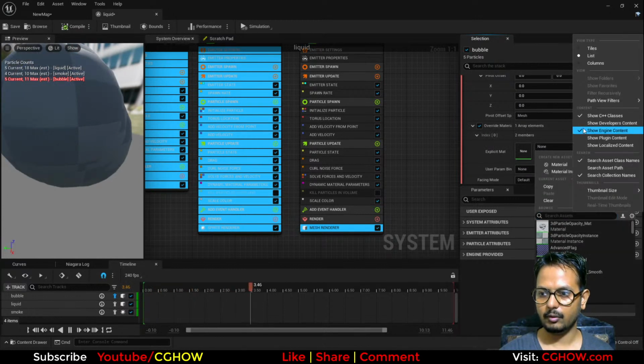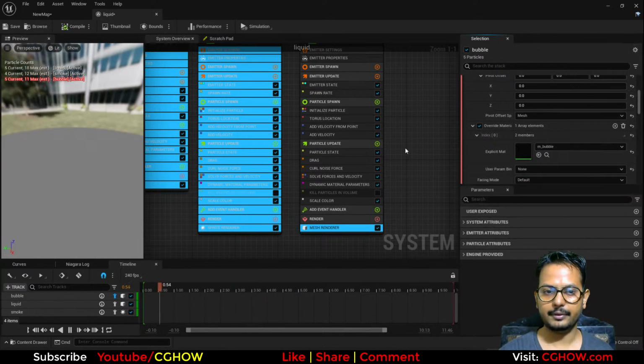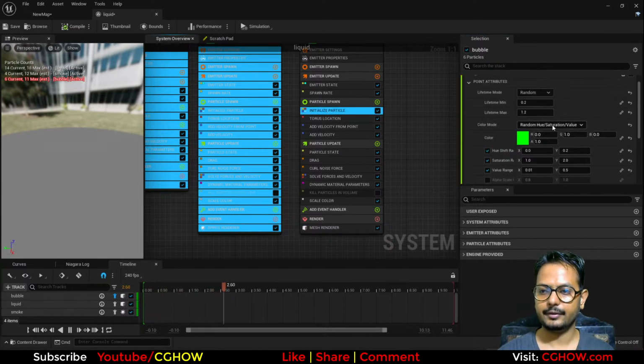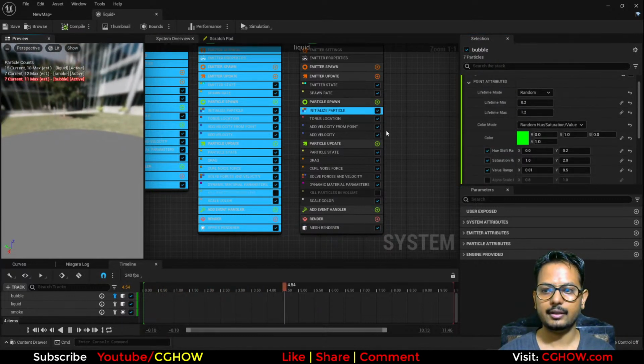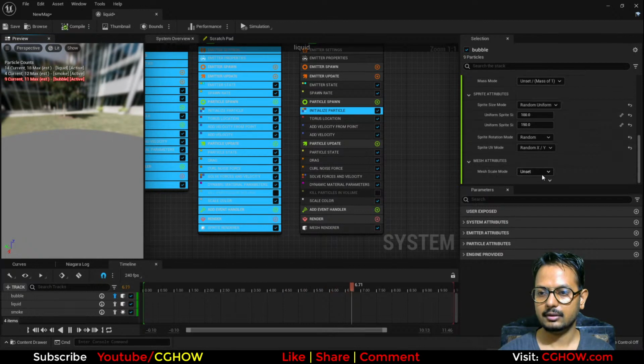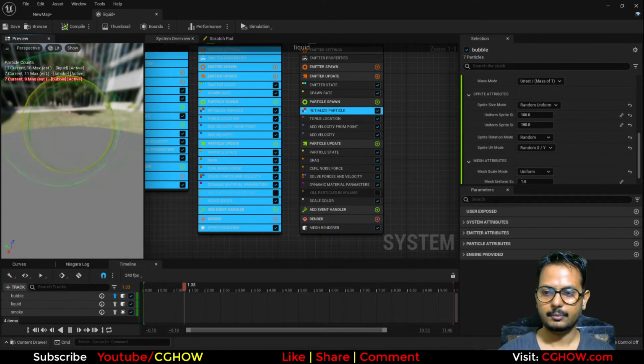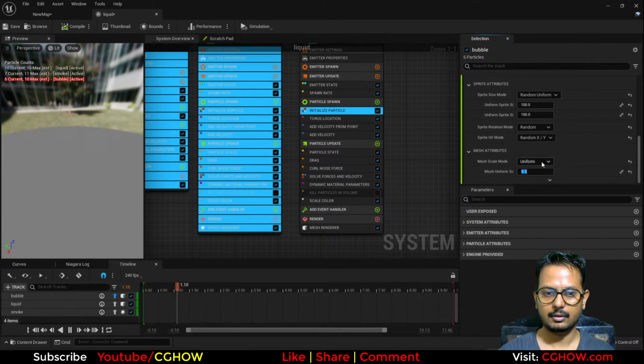I'll turn this off, and bubble material, make it green. It's already green, and the particle size would be like 0.1. I will randomize it to 0.1 and 0.01,